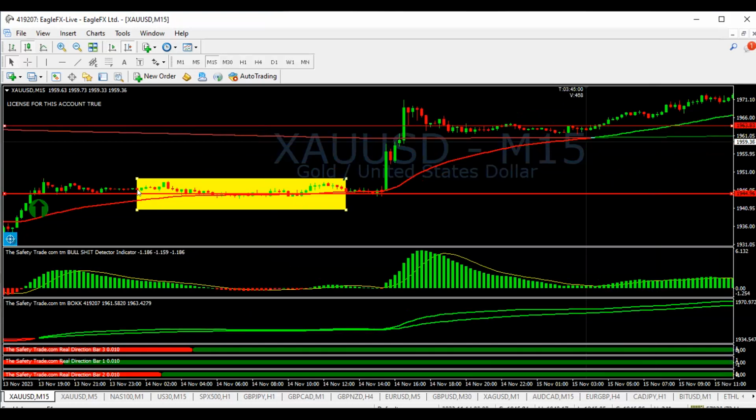Now, 5-15 minutes are lower than 1 hour. So part of the things we've got to take note of, or the way we trade here, is that if a smaller time frame is saying sell, and a bigger time frame like 1 hour is giving us a buy setup, say 5 minutes is giving us a sell setup and 1 hour is giving us a buy setup, the rule says you allow that 5-minute sell to complete its direction or movement. Then it is at that time that the 1 hour buy will mature. Otherwise, if you take a buy